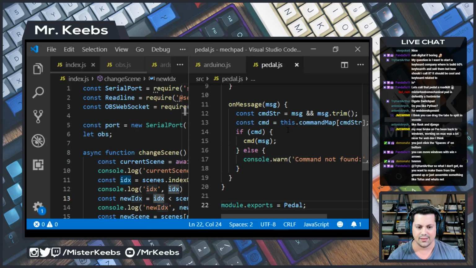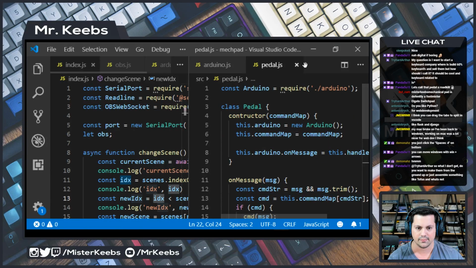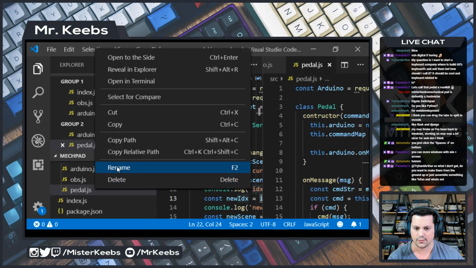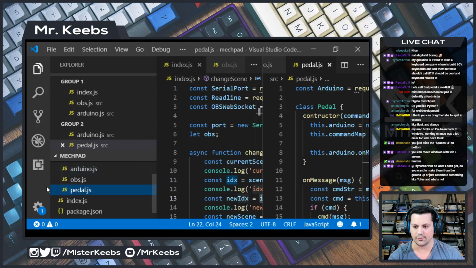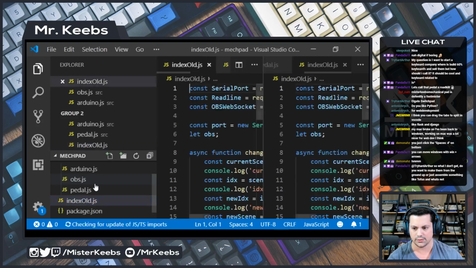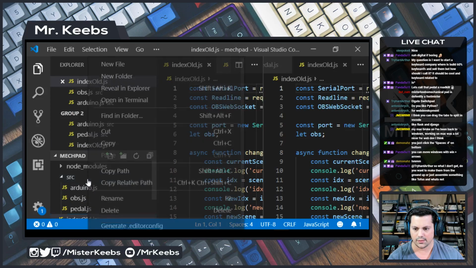All right, and with that said, I think we're good on the pedal class. Let's go to this index. I want to rename this. No, not pedal, sorry, index. Rename to index old. And then